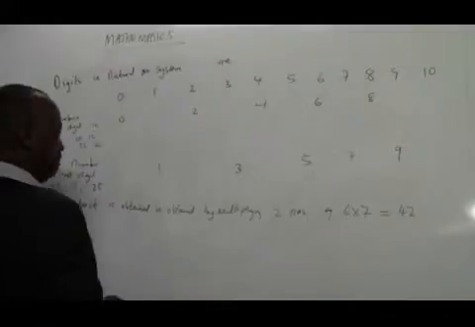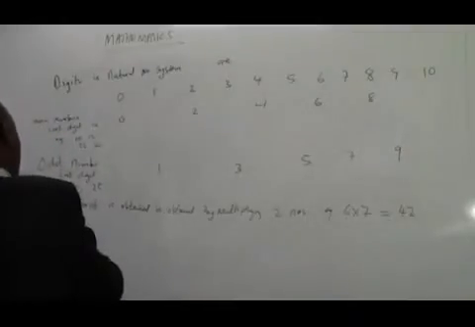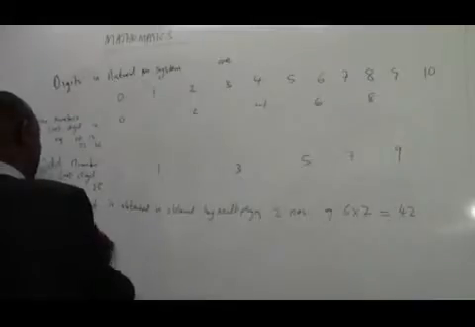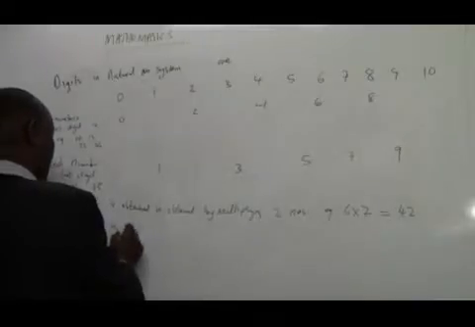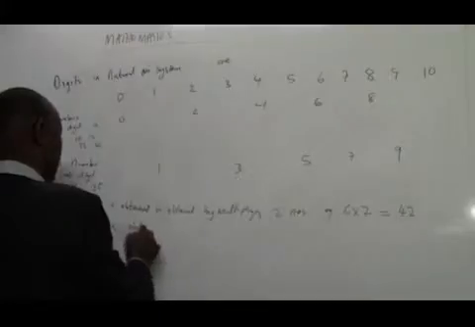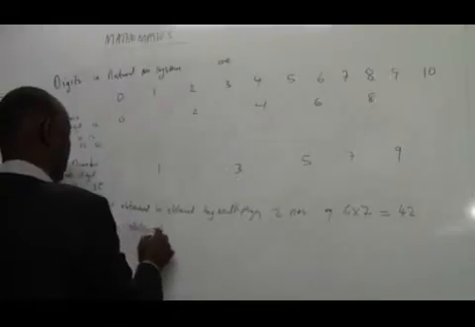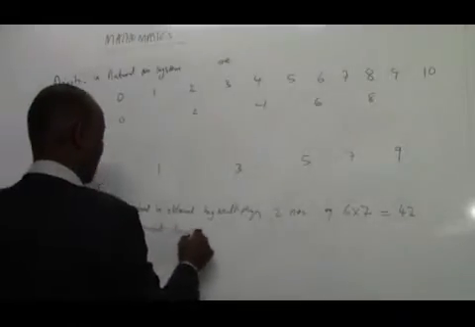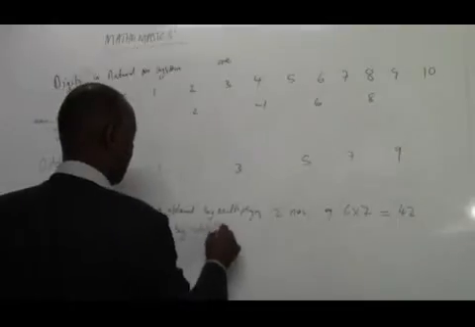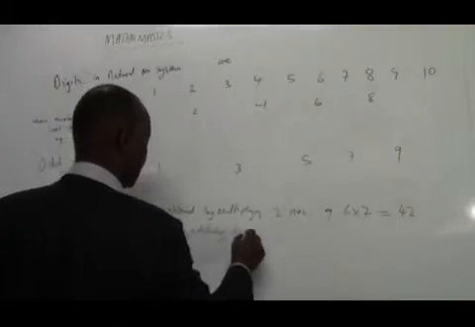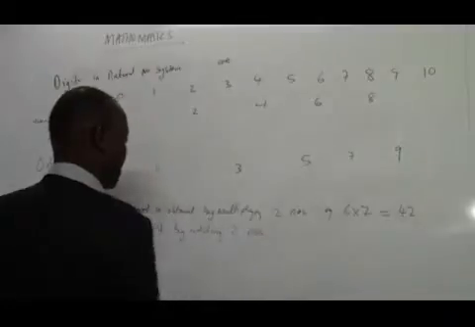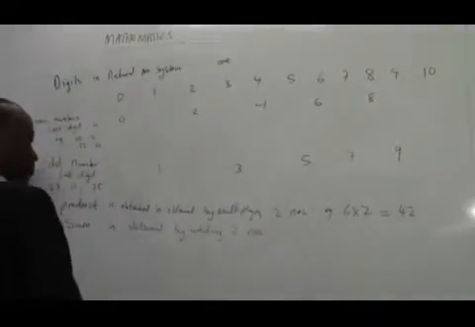So when you add two numbers, sum is obtained by adding two numbers. When you add two numbers, you get a sum. And